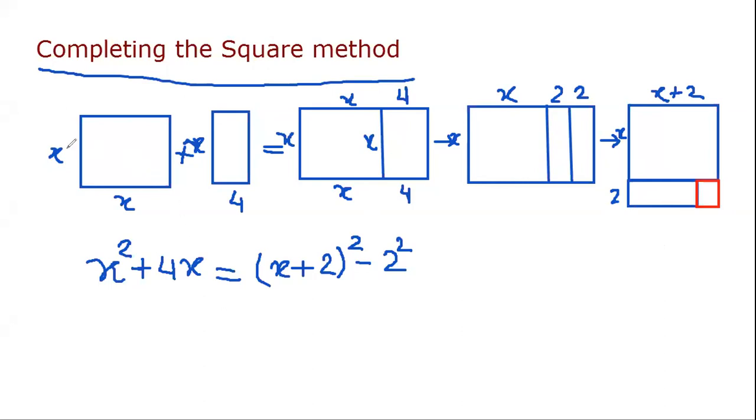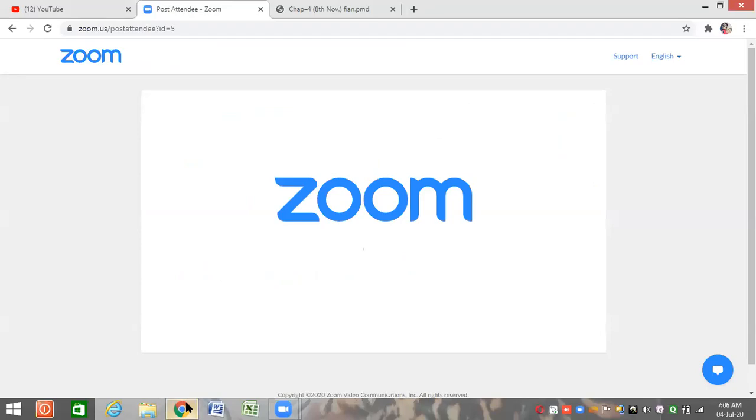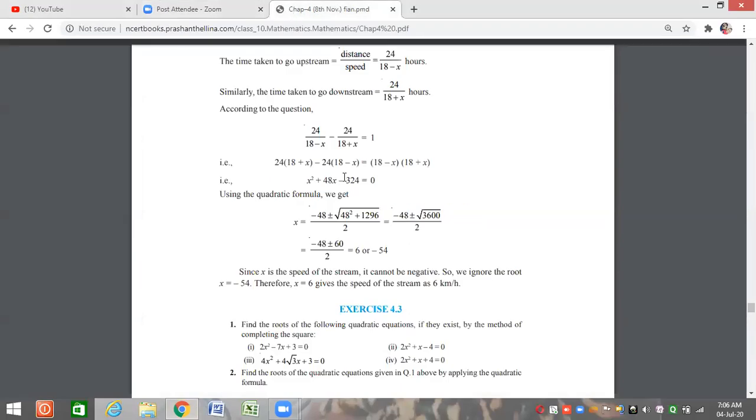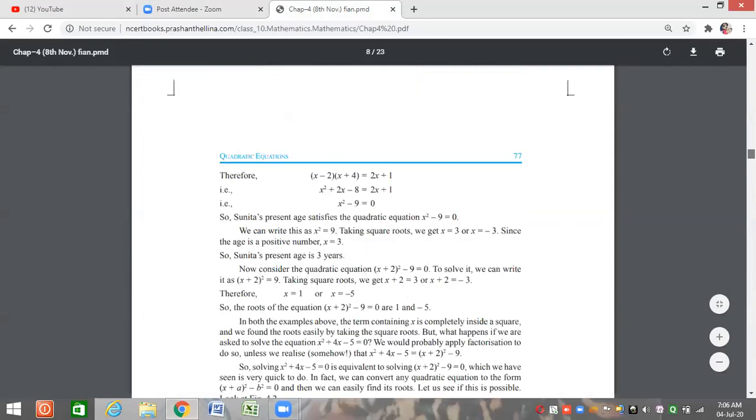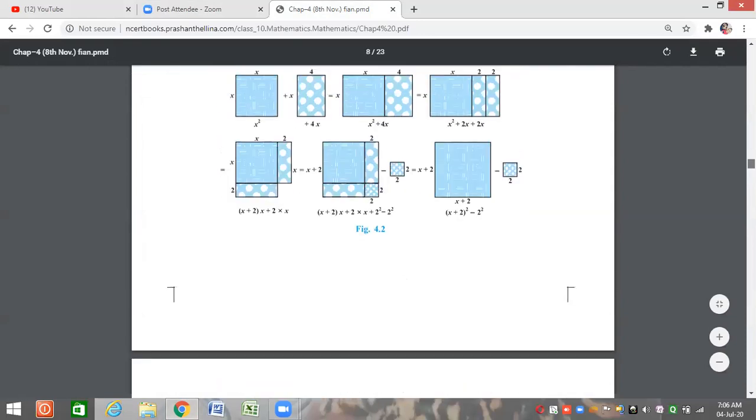What we have to do, we have taken x plus 2, 2 square, we convert into this. Then when we subtract minus 2 square from here, then x square plus 4x is converted into x plus 2 whole square minus 2 square. Okay,